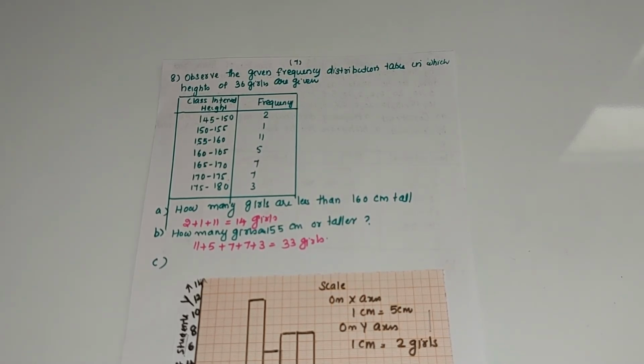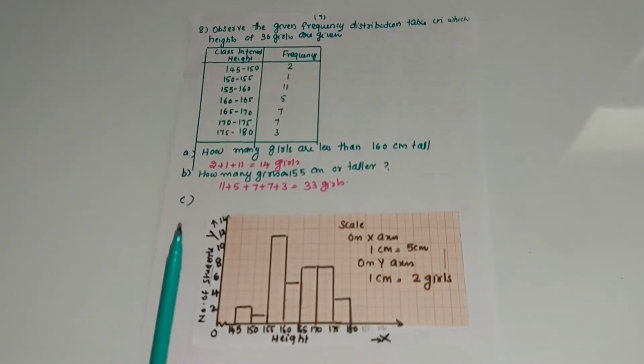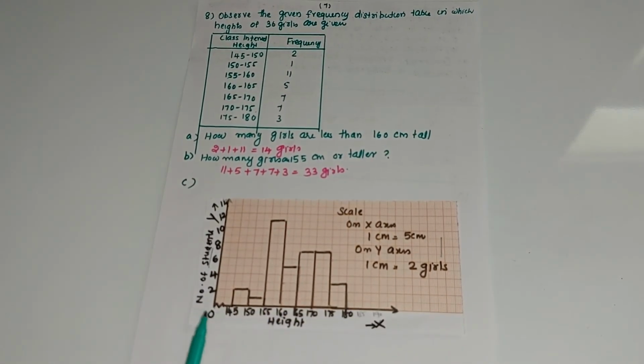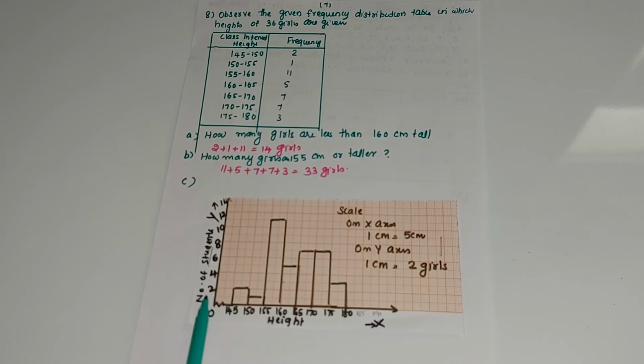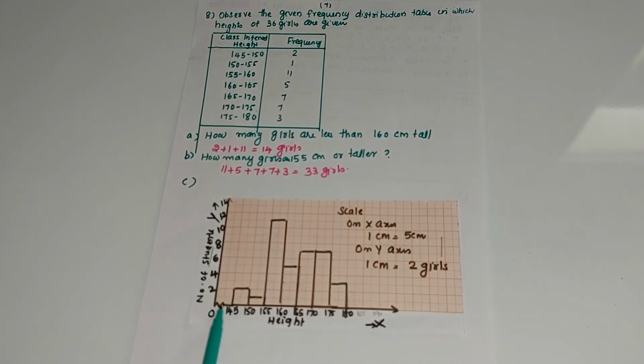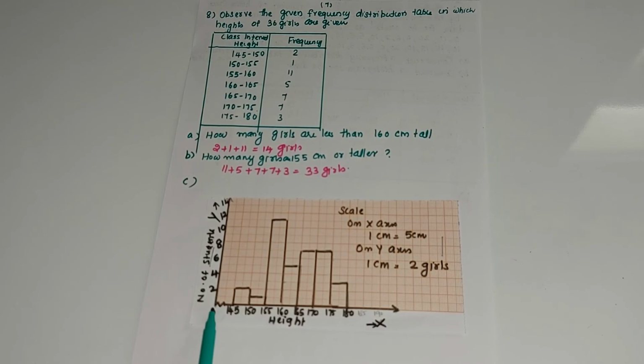And using this frequency distribution table you can draw the histogram. In the histogram I am starting here, 145 to 150: 145, 150, 155, 160. I draw a kink here because here it's a scale difference. Here it is 5, here it is 5, here it is 5. The difference is 5, 5, 5. But here it is 145, so I made a kink. If the scale is different from the origin, you make a kink.